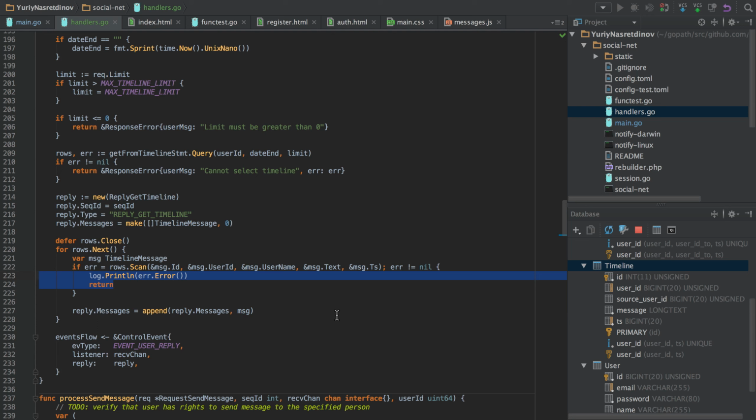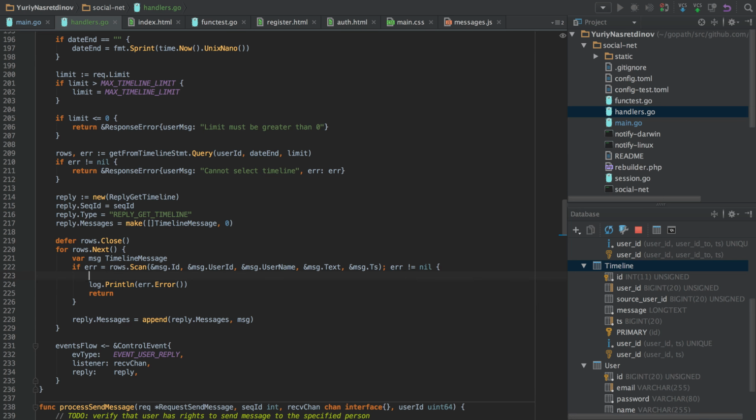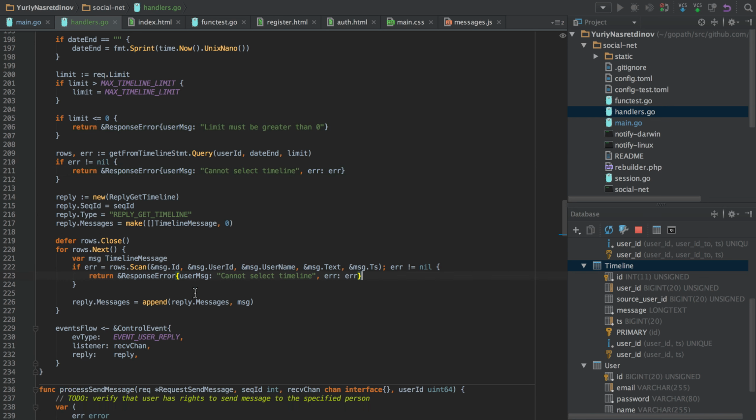And this will be fixed as well, because we no longer can skip sending a reply to a user and just log the message. So we will do the same thing here. We'll just return error and a message that something went wrong.